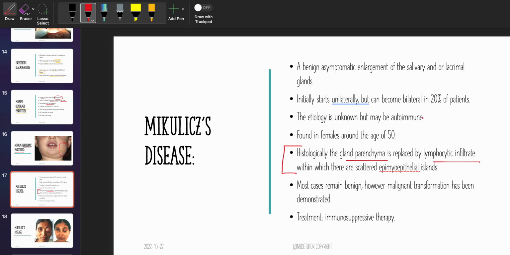Because it is an autoimmune disease, there is an infiltration of the lymphocytes within which are scattered epimyoepithelial islands. Most cases remain benign, but there is some chance of malignant transformation. Treatment is immunosuppressive. Why? Because it is an autoimmune disease, so we give something to suppress our immune system, like